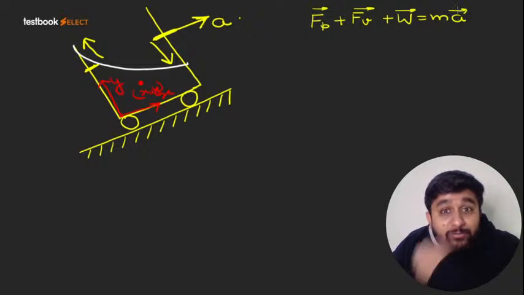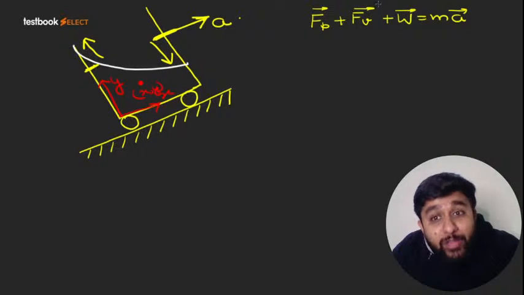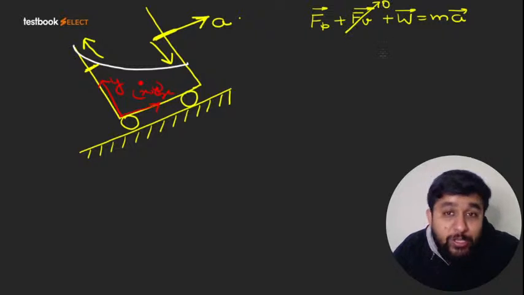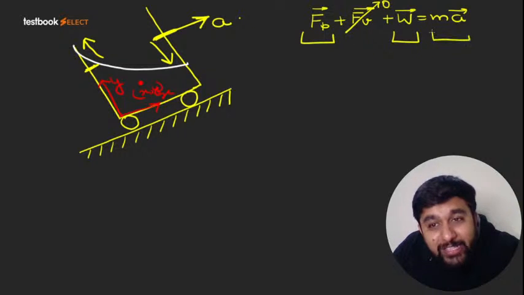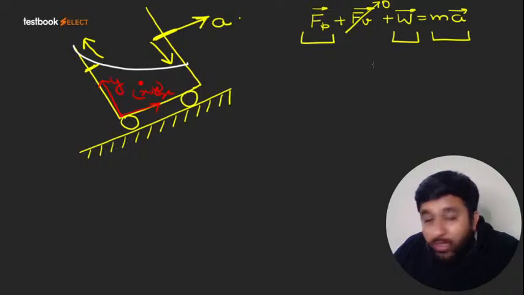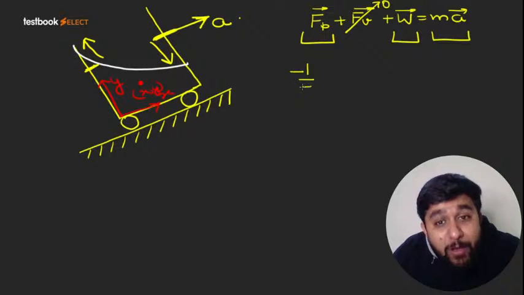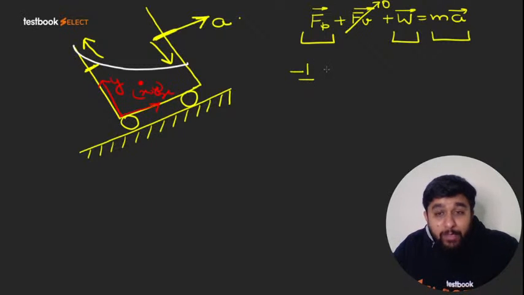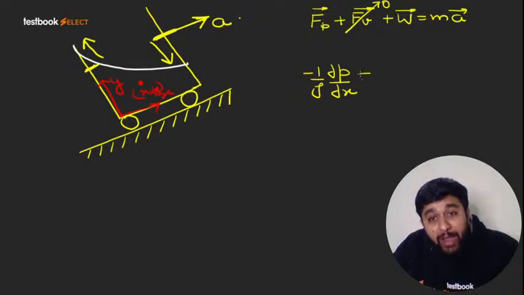But since the final shape of the liquid is constant, because the container is moving with constant acceleration, the phi dot term is going to be 0. Therefore viscous stresses are going to be 0. So we will be left with net pressure force plus weight is equal to mass into acceleration. When you write this in component form per unit mass, you will have minus 1 by rho del p by del x, minus